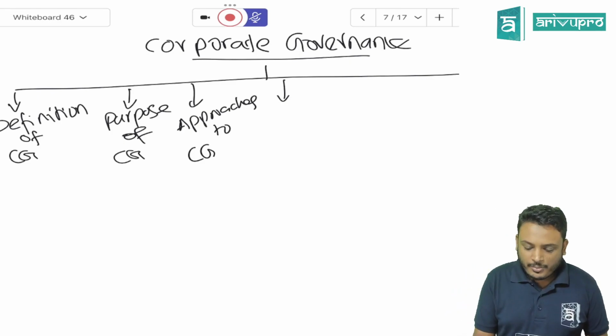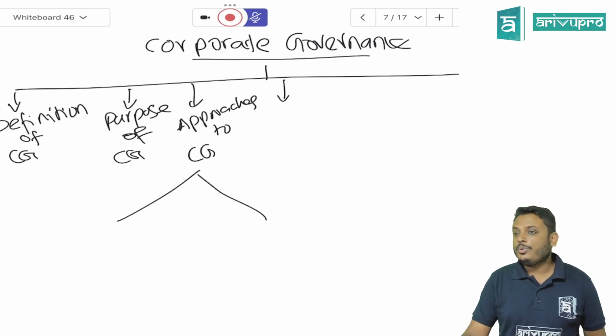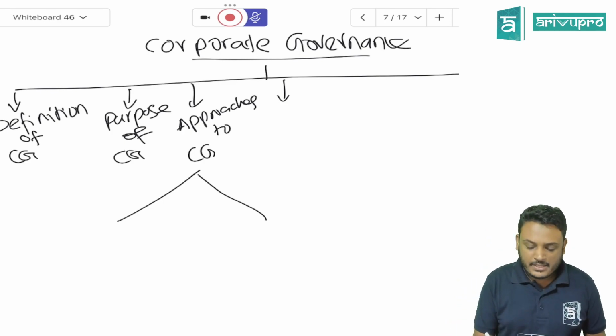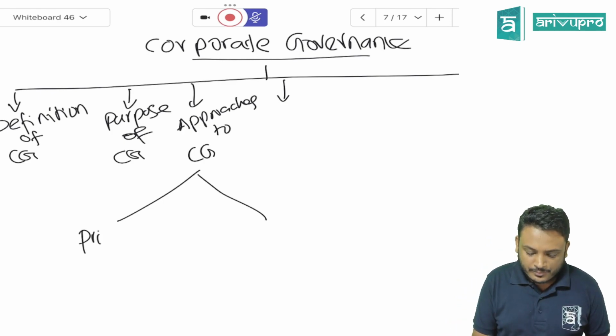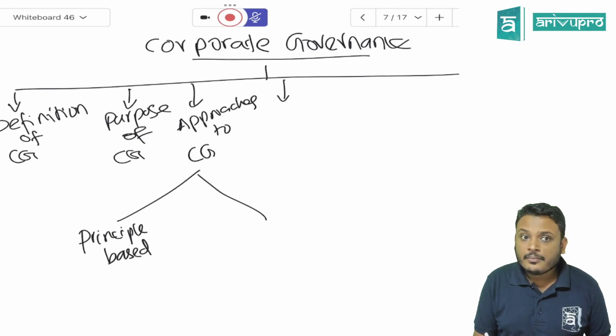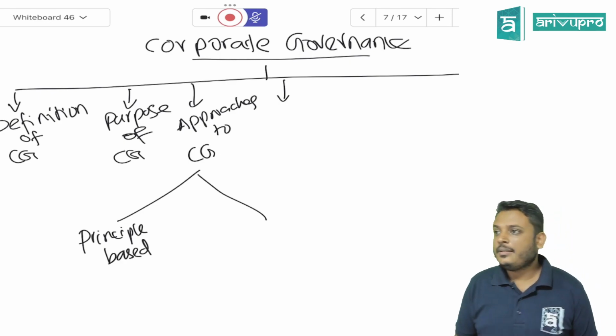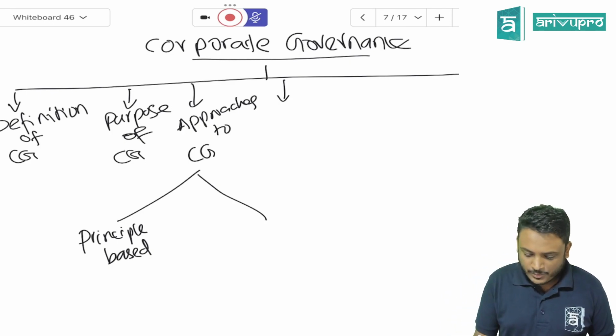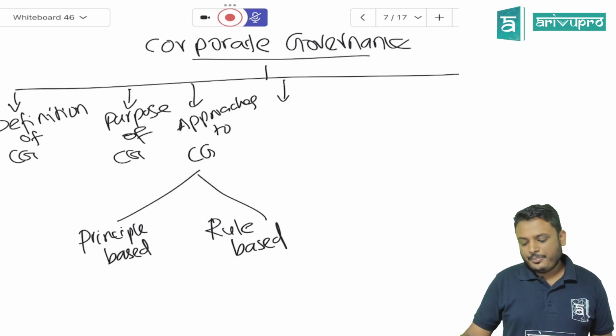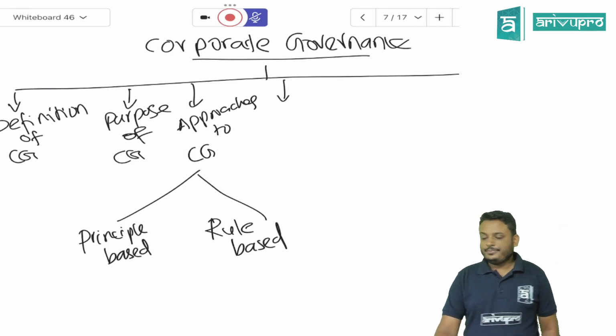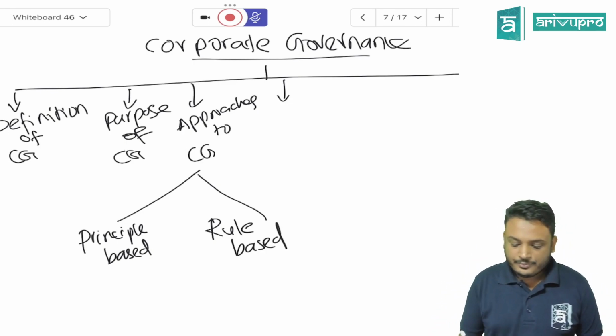So approaches to corporate governance, I'll further subdivide into two. Principle based approach. What is the other one? Rule based approach. Principle based and rule based. Next one,